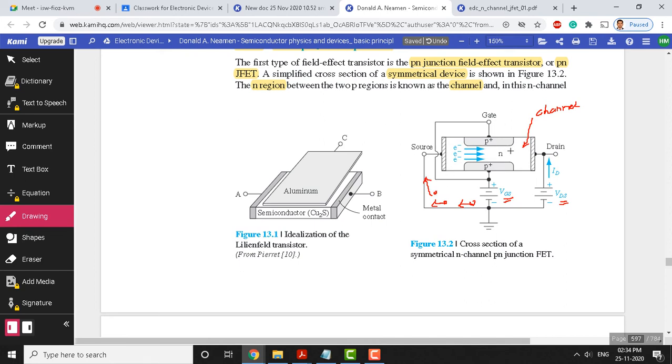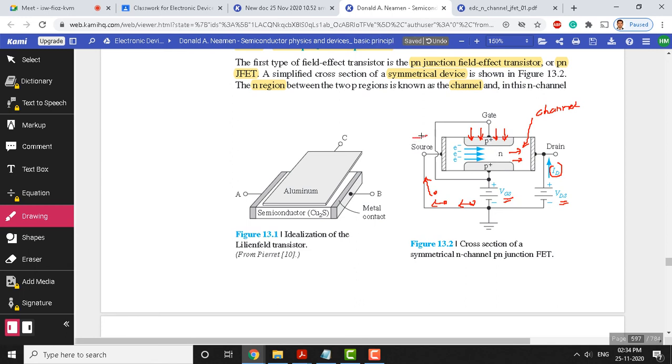Okay, via the channel the electrons move, and these electrons are moving under the influence of the gate voltage here. The voltage that we apply here is vertical. You can see this is the electric field direction here. Another electric field also exists here due to the VDS voltage, in this direction. This electric field will force the electrons. The electric field acts from drain to source side, but this attracts electrons here. The current direction is from drain to source. So, current ID is flowing from drain to source, you can see here.